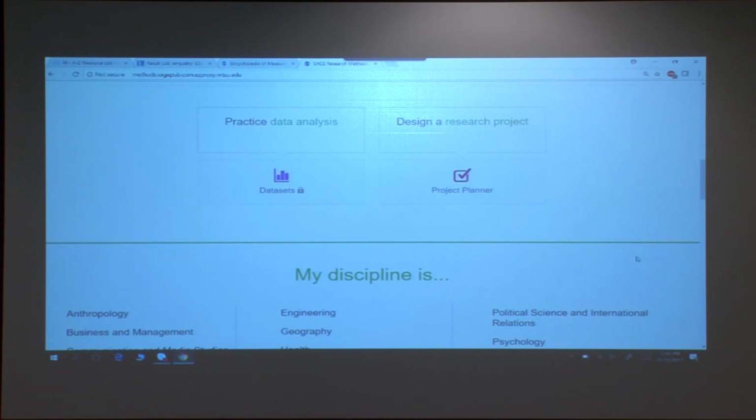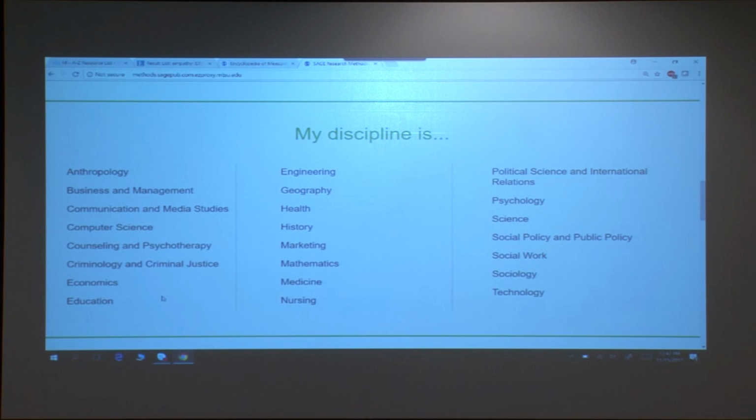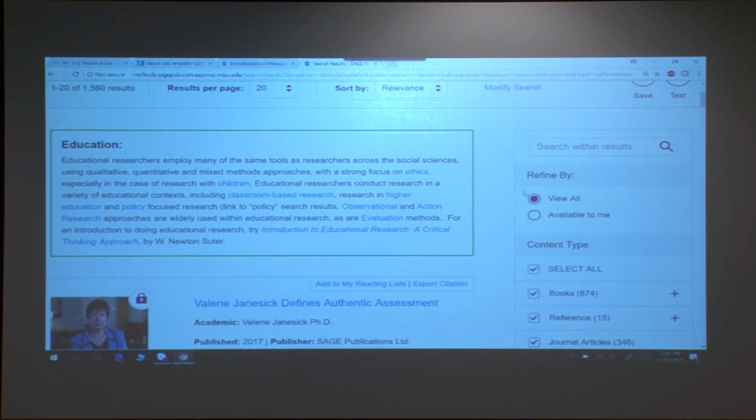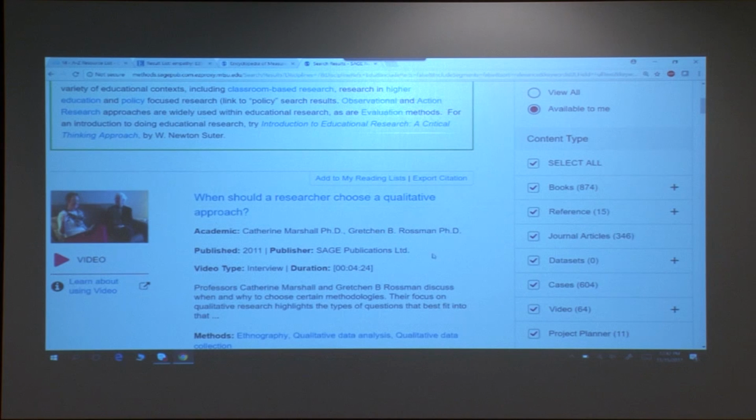And then this project planner, but then we can also look by discipline, thinking about research in specific disciplines. So if you just select education, for example, we were showing, and I'm sort of recapping, right? Because I'm thinking, okay, then what have I just learned? That on that right side, we can select or deselect any number of things,